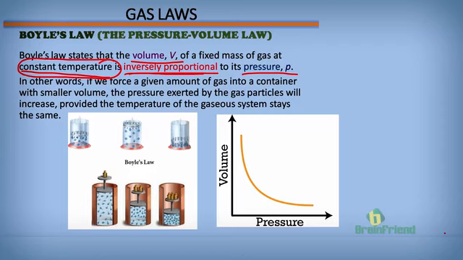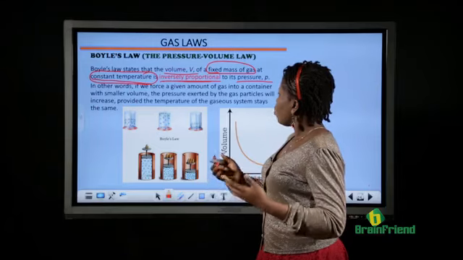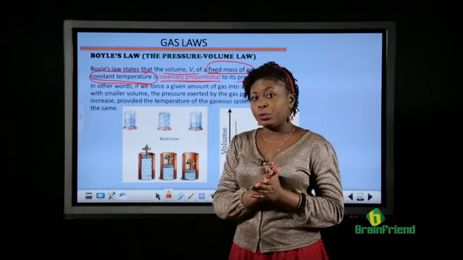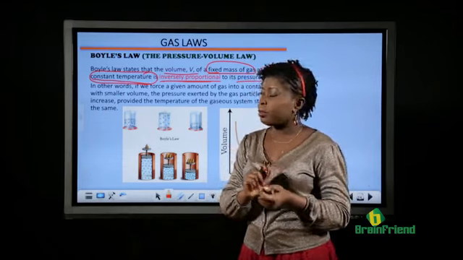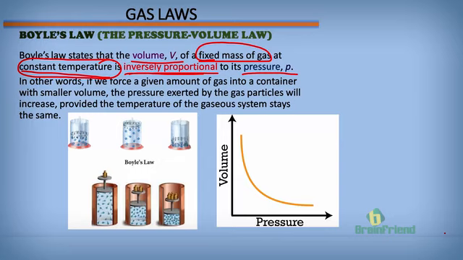So the temperature of the system should not be changed, and also the mass of the system should not be changed. The two variables that change here are volume and pressure, and it's telling us that when the mass of a gas and the temperature of the system are kept constant or fixed, the volume will be what? Inversely proportional to the pressure of the gas system. Inversely proportional or indirectly proportional.